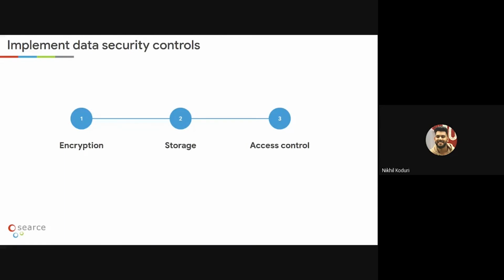We talked about how to secure the infrastructure and how to secure the network. Now we're going to talk about how to secure the data that you have. Any data that is transferred or stored in Google Cloud and Google Cloud Storage is encrypted using Google-managed keys. You can also bring in your own managed keys to encrypt this data, or else you can use Google-managed keys for encryption and storage of the data.